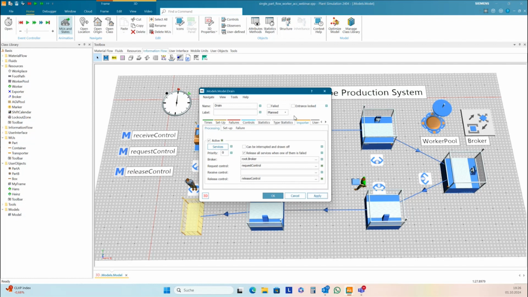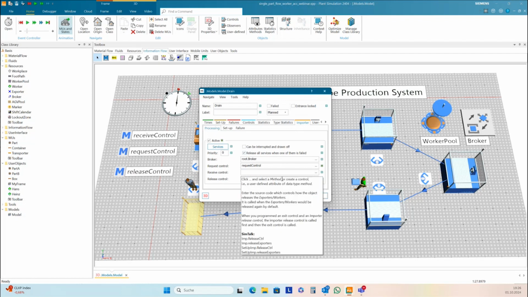If you have some doubt about these controls and when the control is called, then you can use the direct help here. And normally you have a description of when it is called. It is called when the exporter worker would be released again by default.